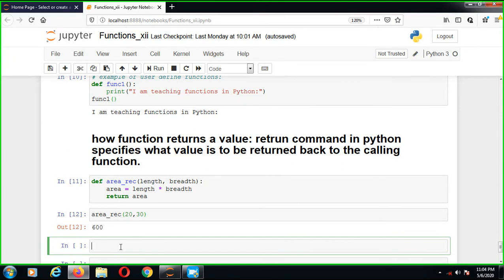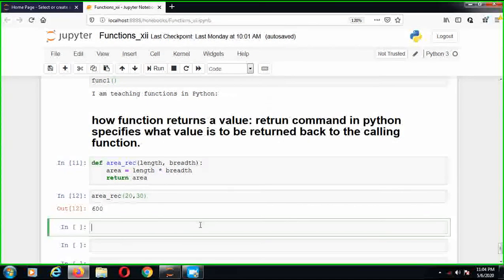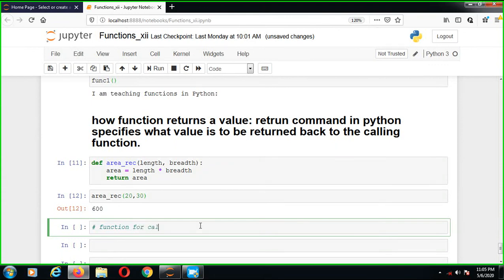Now we make a special program and return a value through the factorial of a number. It is very easy to understand and learn the program and develop the logic. So we are making a function for calculating the factorial of a number using the return keyword.